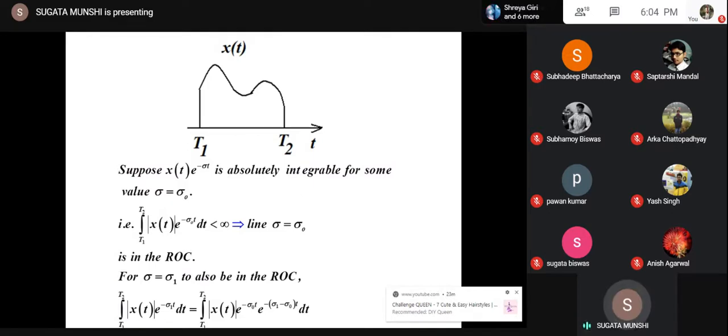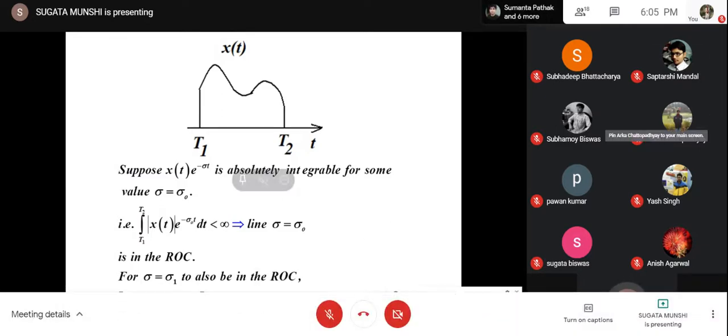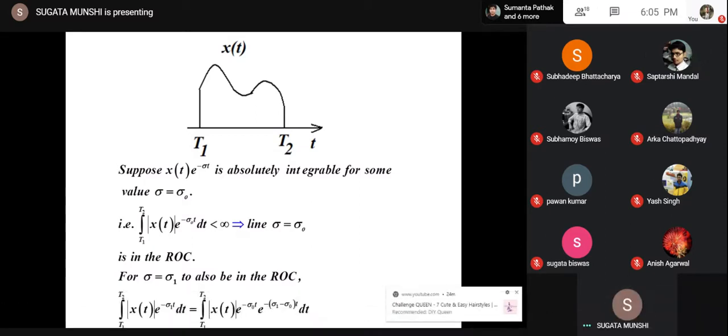We have started on this premise. This is finite. Now here we will replace e to the power minus (sigma 1 minus sigma 0) t by its maximum value and show that that is also finite. This is finite. This one is finite. That will prove that this entire thing is finite. That means the left hand side will be finite.